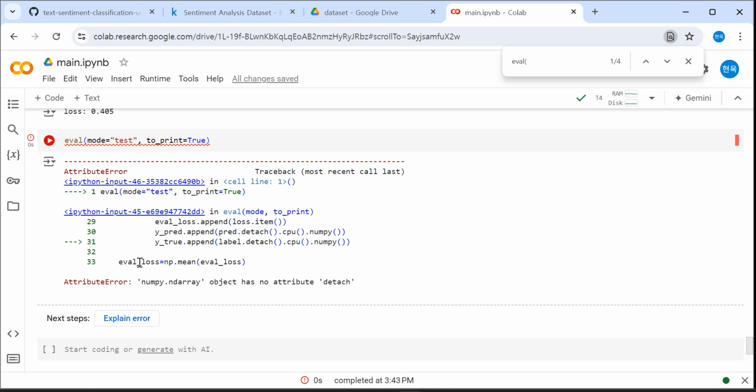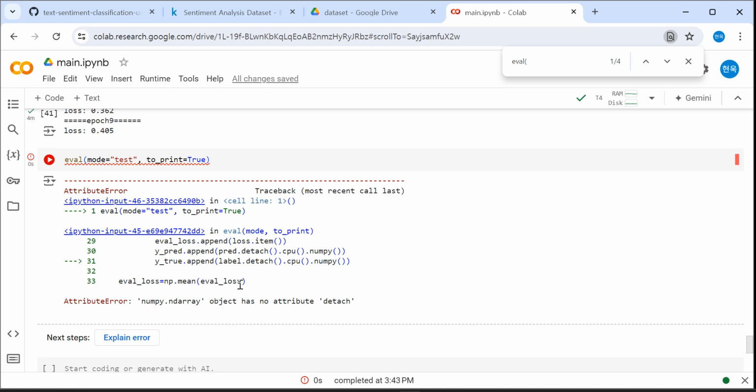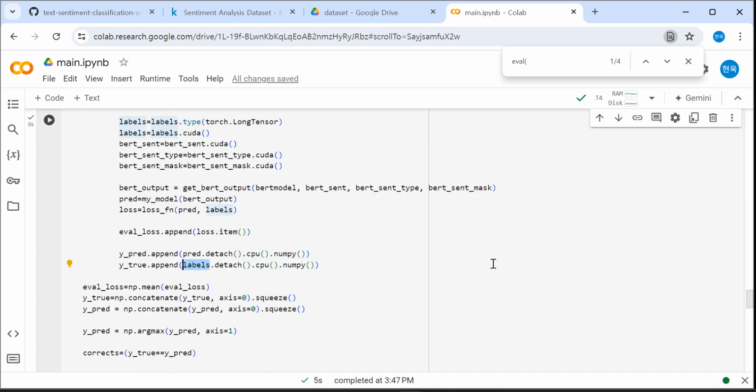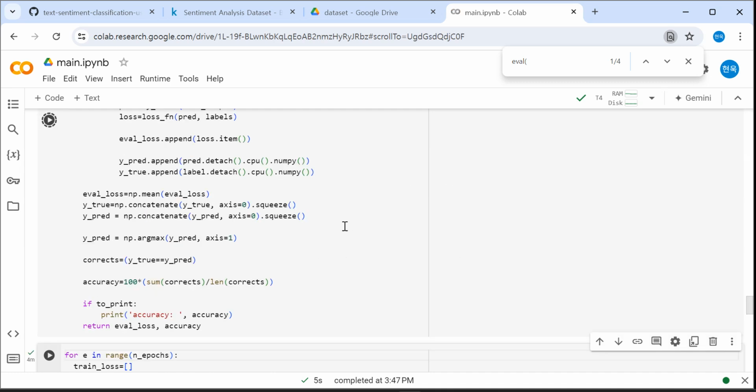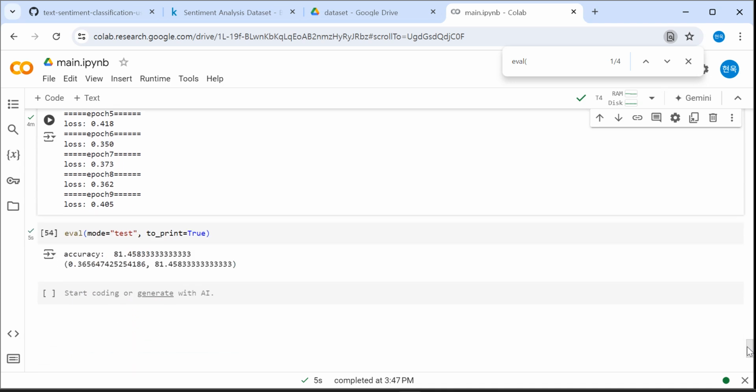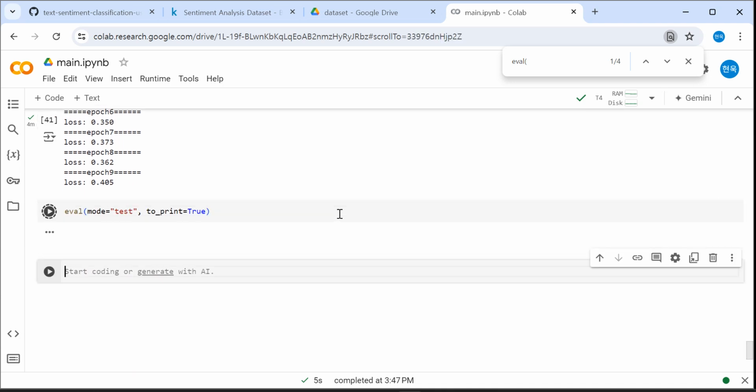Evaluation. Let me come back once I fix this error. So I have fixed the error. Earlier I had a spelling mistake. I wrote it as label. So if you enter this and down here, you'll get, if you run this,